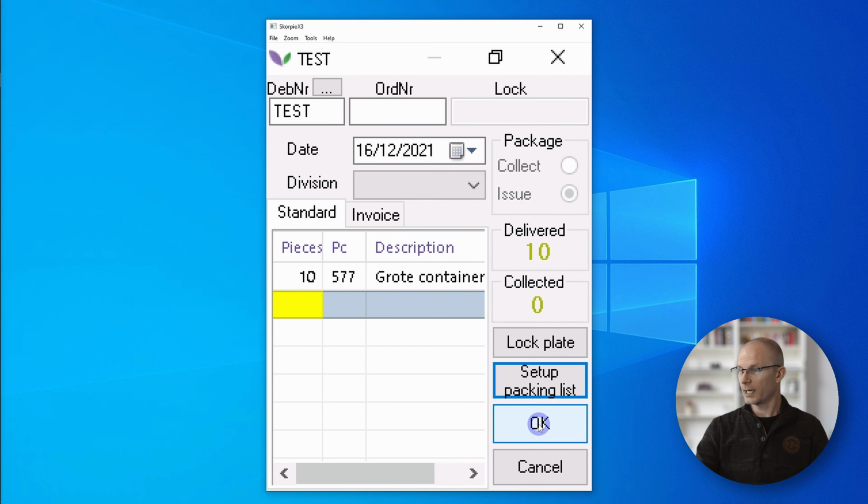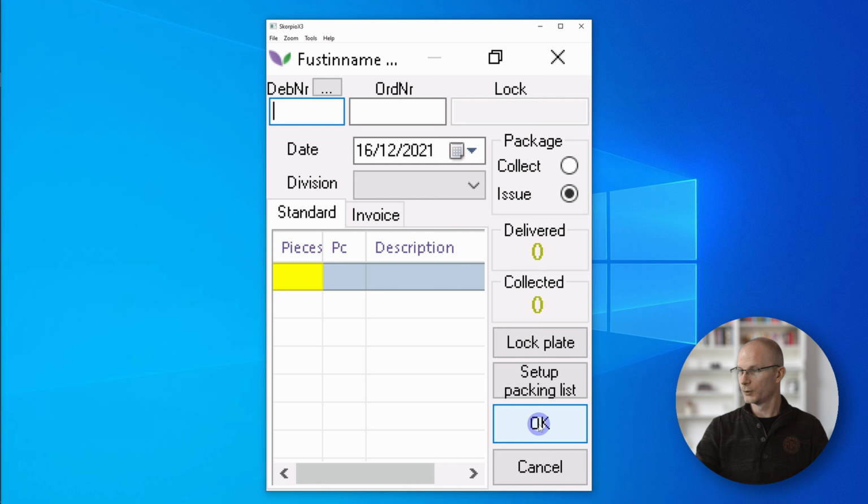So when I click on OK, these buckets will be put on the invoice. This system has been configured so that the packages will go to an invoice first before they go to the package administration. There are a couple of possible configurations which I explain in the tutorial about the package administration on a PC. I will link to that video up there and in the description down below.